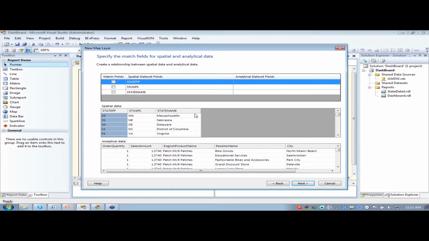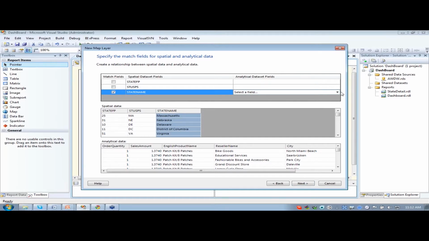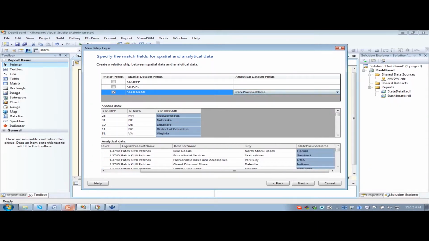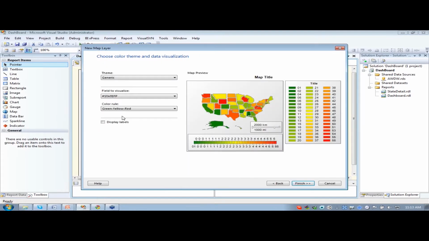Now, if you remember from our query, well, I didn't actually point it out, but in our query, I'm actually using the state province name from the AdventureWorks data warehouse. So this is the field that we have a match for. So I'll just click the state name, and then you want to select that field. So I'm going to point it to that actual field, which is the state province name. All right, and it's also going to give you a preview of the data down here as well. So if I click Next,